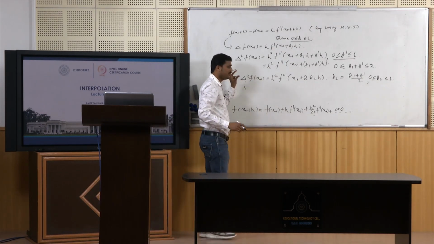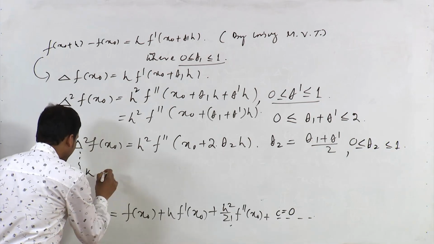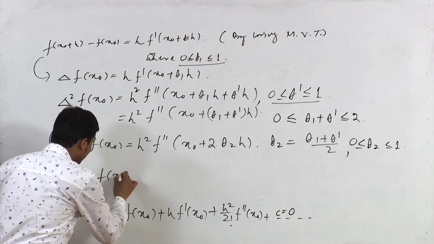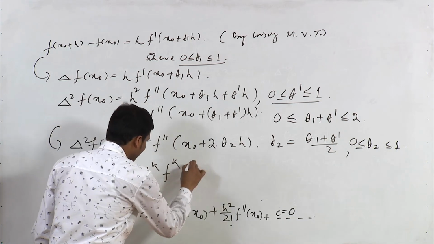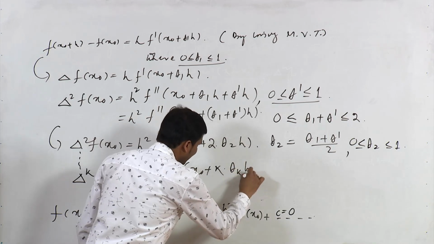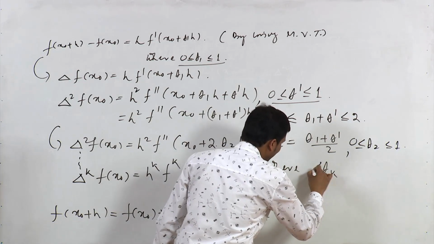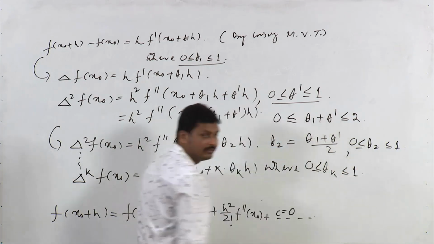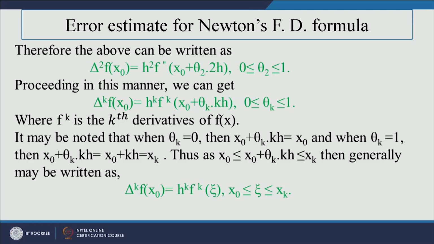Suppose we use the forward difference operator here, then we can write delta to the power k f of x0 equals h to the power k f to the power k of x0 plus k theta k h here, where theta k should lie between 0 and 1 here, where f to the power k is called the kth derivative of f of x, and it may be noted that since theta k is lying between 0 and 1 here,